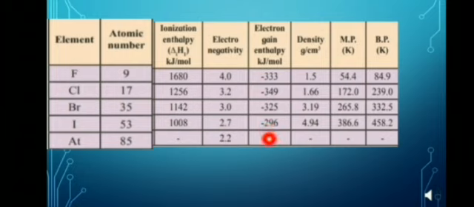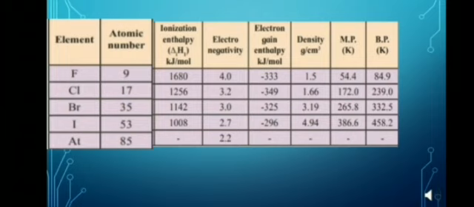The negative electron gain enthalpy of fluorine is less than that of chlorine due to the smaller atomic size of fluorine. As the interelectronic repulsions are stronger in the relatively smaller 2p orbitals of fluorine, there is not much attraction of the nucleus on the incoming electrons due to high electron density.